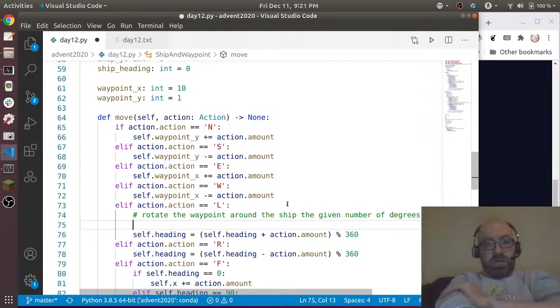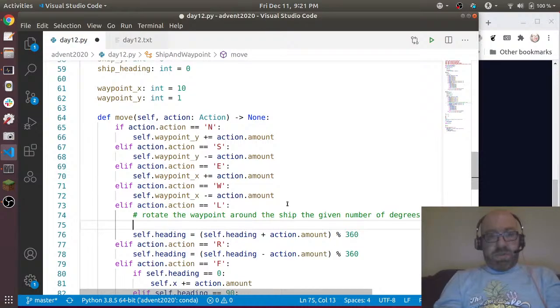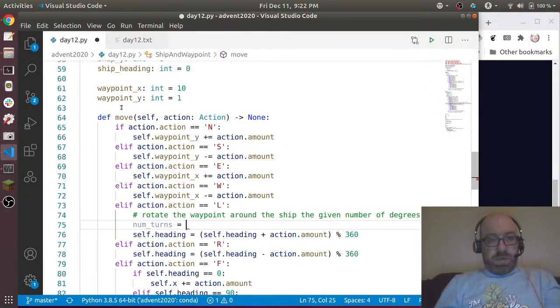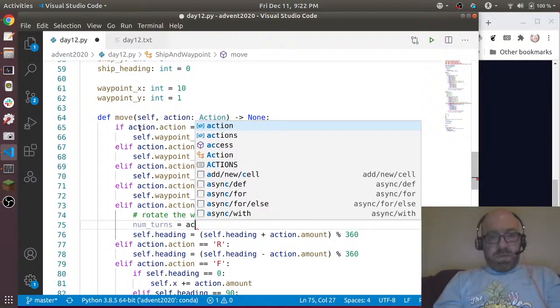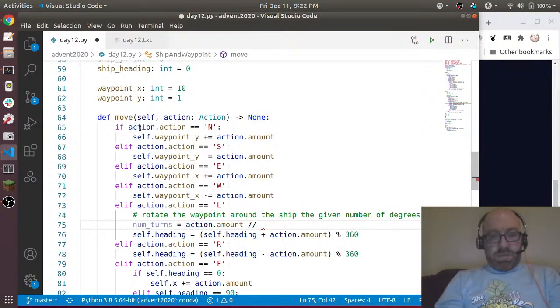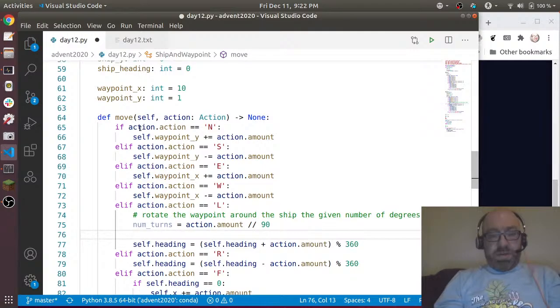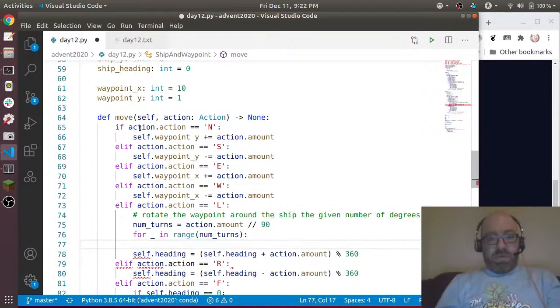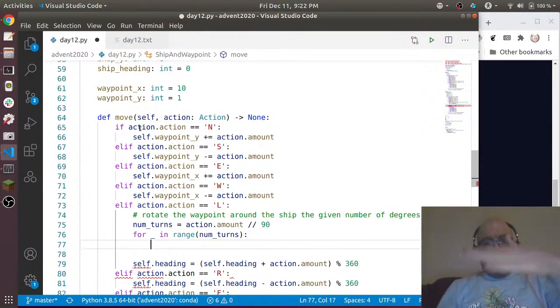Okay, so what I will do is I will say num turns equals, and again, let me make sure these are all positive numbers, 180, 270, and so on. So num turns equals action dot amount divided by 90, and then for blank in range num turns, I want to move it, rotate it